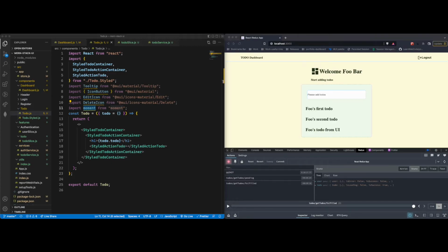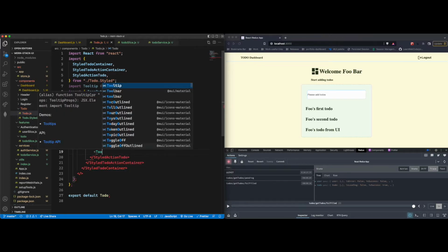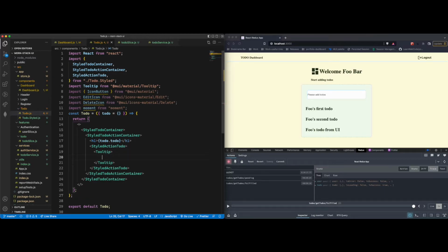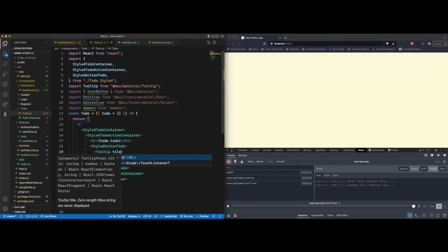I think that should be it for now. So within the style action TODO, I'm going to have a tooltip component, just like that. It's coming from Material UI, and in the tooltip component, what you can do is, let's say if you want to have some sort of tooltip on any clickable elements, all you need to do is wrap those things with the tooltip component, and the text that you want to have on your tooltip is going to go on the title prop,